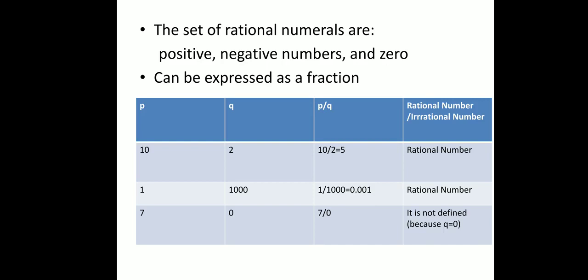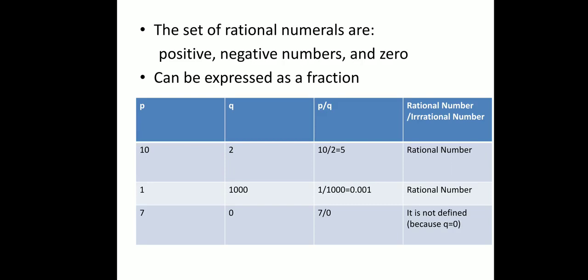Next comes another example. Let us suppose P is equal to 1 and Q is equal to 1000. Taking their ratio, we get 1 over 1000, which is equal to 0.001, which is again a decimal notation. We have studied a few important points regarding rational numbers: if a number can be presented in decimal notation, then it will also be a rational number, because it is again satisfying both the conditions of rational numbers.